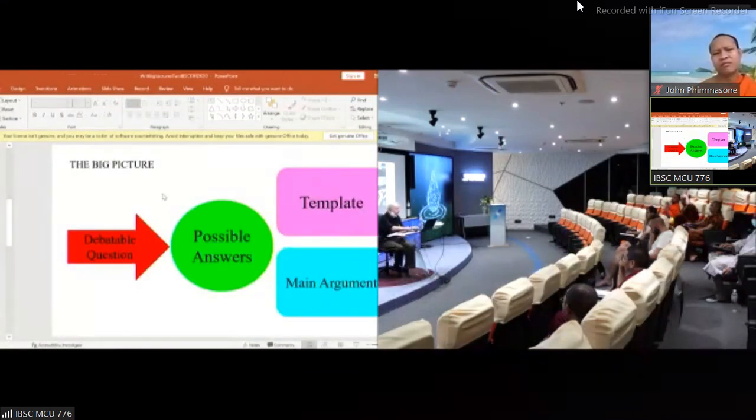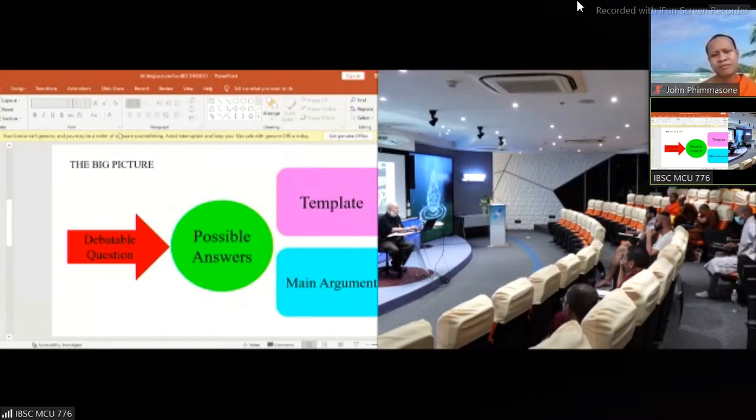This is a short way to see the big picture of what I'm trying to do today. I want to engage you in debatable questions this semester. I'd like you to think of possible answers to the debatable questions that we confront together. I'm not going to give the answer. Very often in philosophical thinking, there isn't one answer. Very often there are multiple answers which can be defended to a greater or lesser degree by reasonable premises.